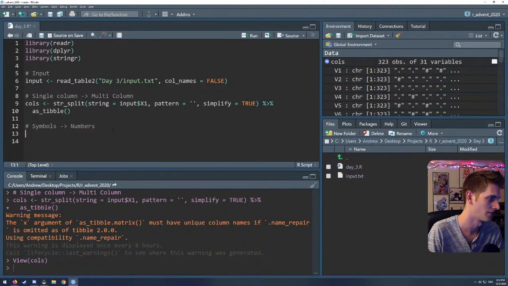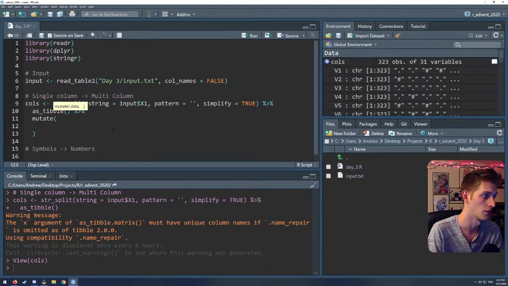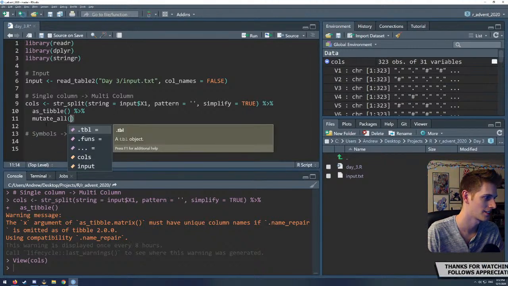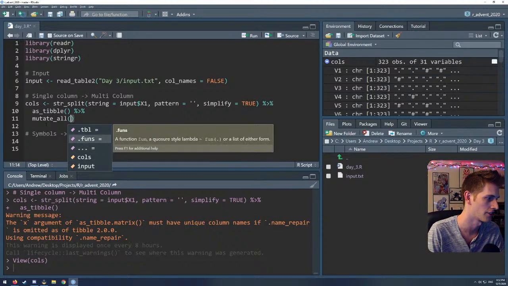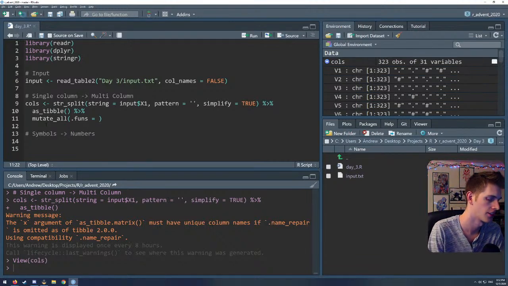I'm actually just gonna not even split it into multiple steps. We're just gonna pipe again and go mutate. Oh, okay, we're not gonna do mutate. We're gonna do mutate_all because we don't want to just mutate one variable. We want to mutate all of our variables. Let's see, how does mutate_all want us to write things? Tibble object, funs, or list of either form. Additional arguments to the function funs. All right, funs is gonna be